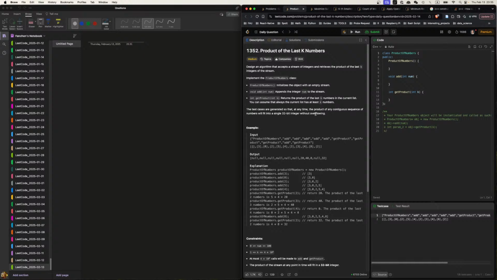So we add 3, 0, 2, and then get product. So 3, 0, get product of 2 is 0, and 3 is 0. What else?